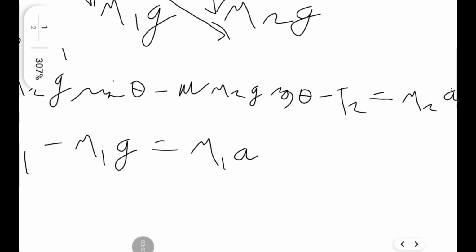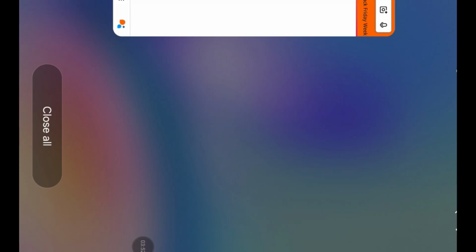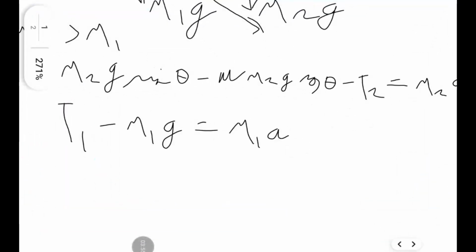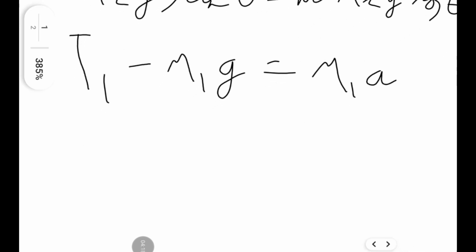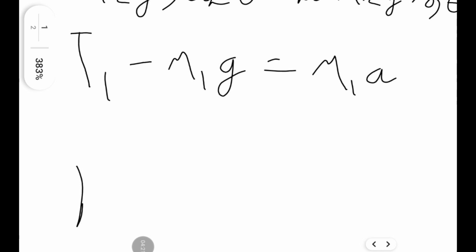Now, let's first talk about why the system shares the same acceleration. That's an important thing to look into. The reason that it shares the same acceleration is because the system has a tight, inextensible rope, in the sense that the rope cannot change its length, and also the rope is assumed massless. So we assume no mass for the rope. If we look at the forces on the rope parts like this,